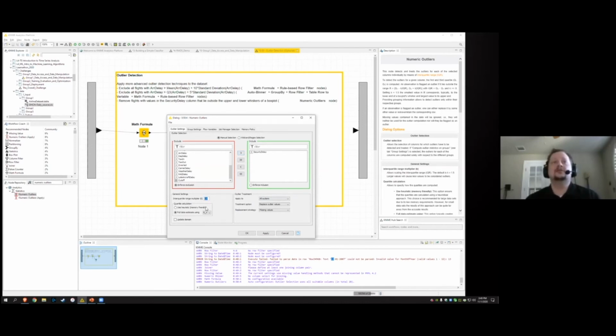You can make this IQR 2.0 or 3 or 2.5, whatever you want. You can change that according to your domain knowledge and what you consider an outlier to actually be. But by default, it's going to be 1.5. And then when it finds something that it considers an outlier based on that box plot